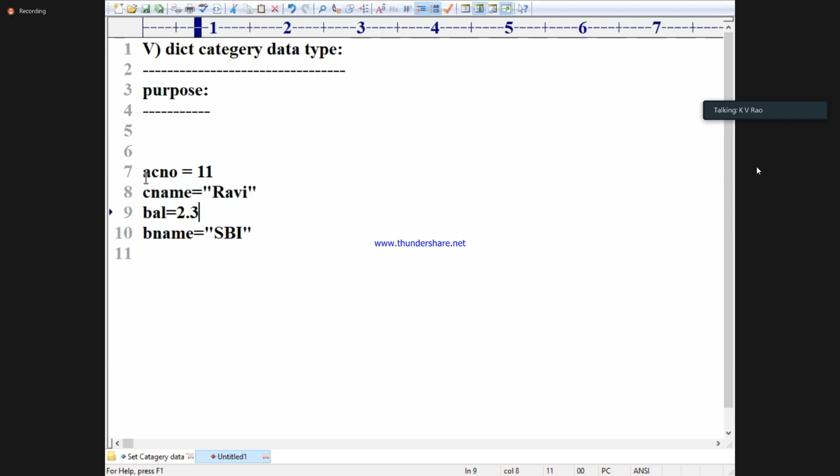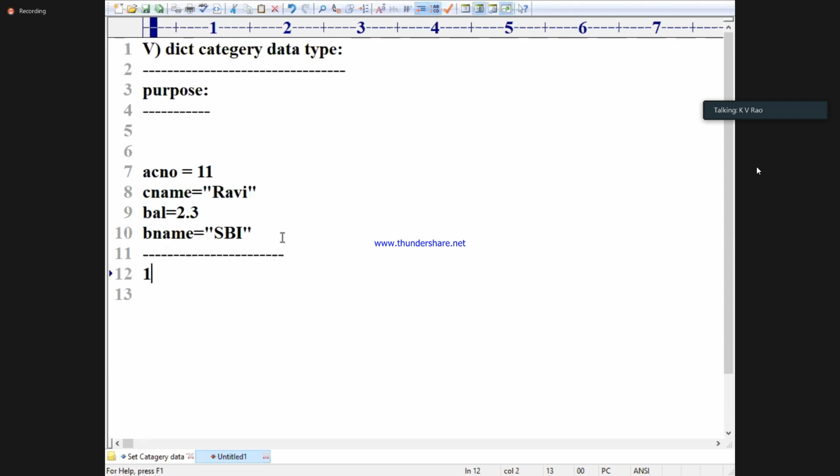Carefully understand, these keys are what type? ACNO, C name, balance, B name are called STR keys, string keys. It's not only necessary to mention STR keys.